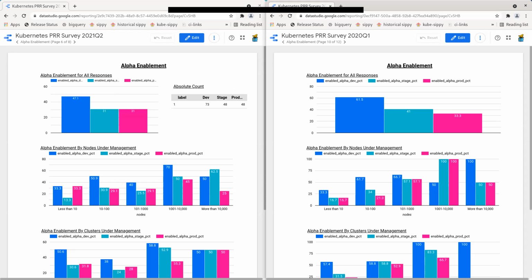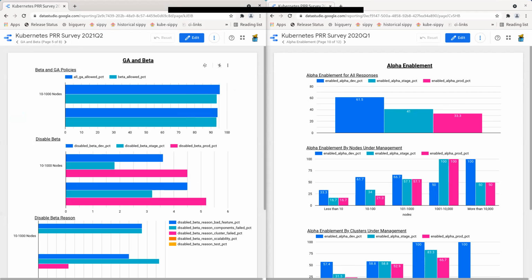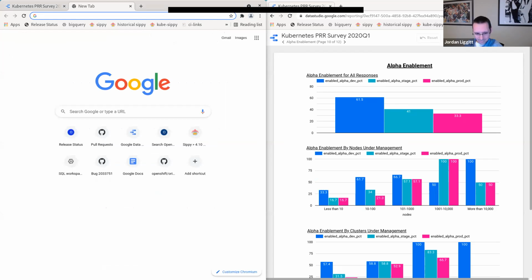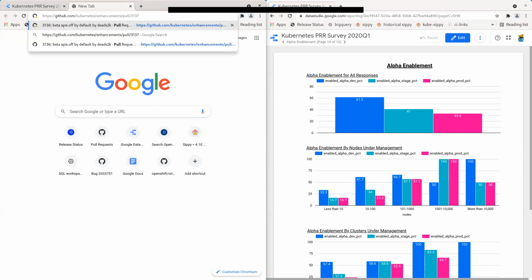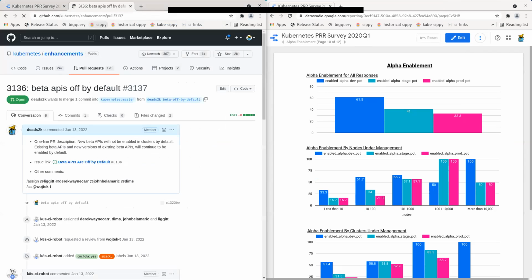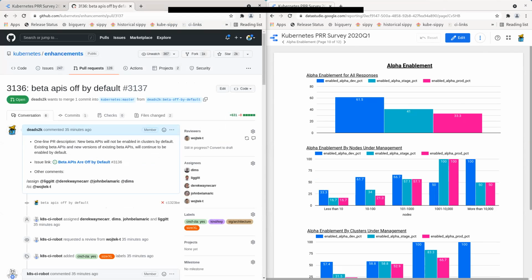So those are the highlights I picked out to share here. I will say that the beta findings about so many clusters having beta turned on and knowing the impact that can have led me to open a KEP. I opened a KEP today. I was a little delayed in getting it open, but I opened a KEP about the idea of turning beta APIs off by default. And I will just briefly pop it up on the recording. So the number will be here. That is 3137. It's up and open for comment and discussion.